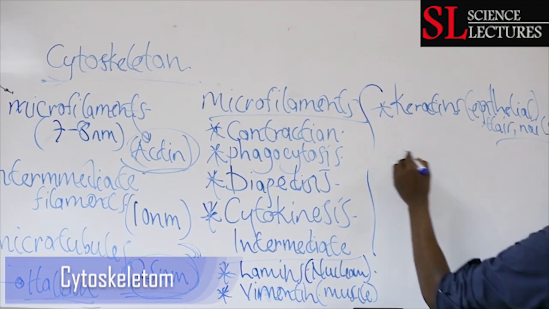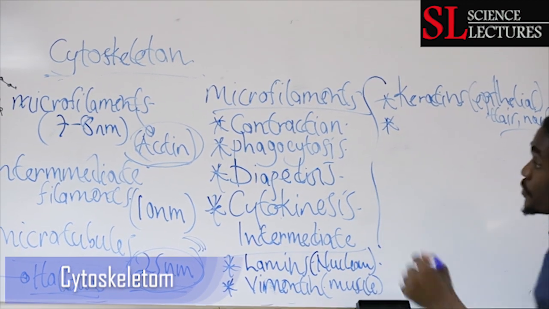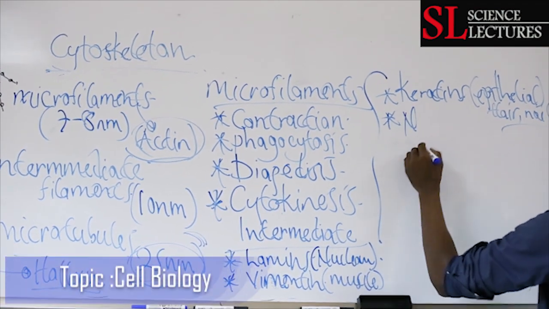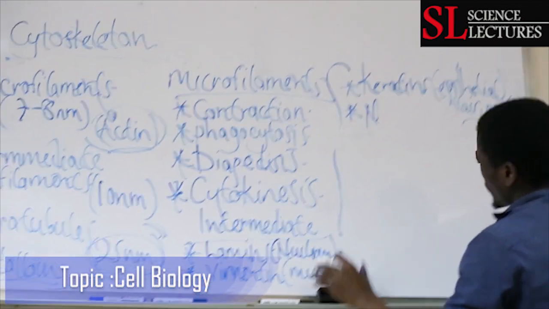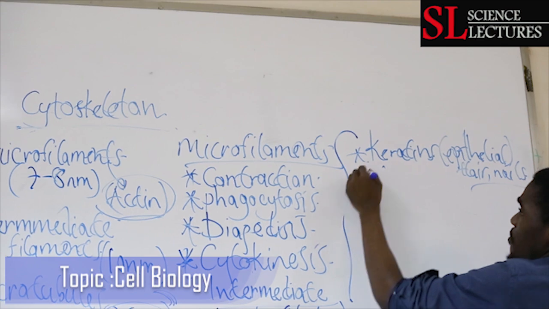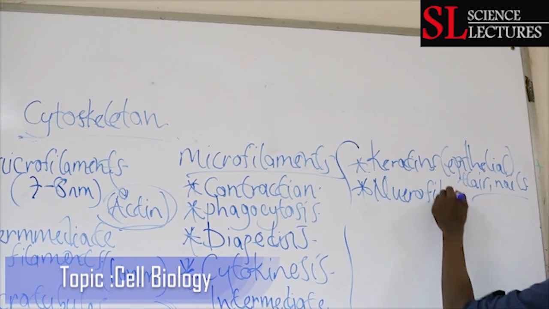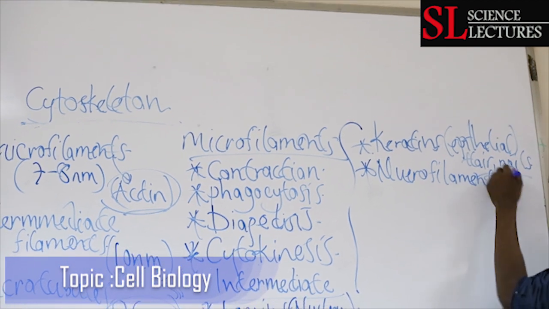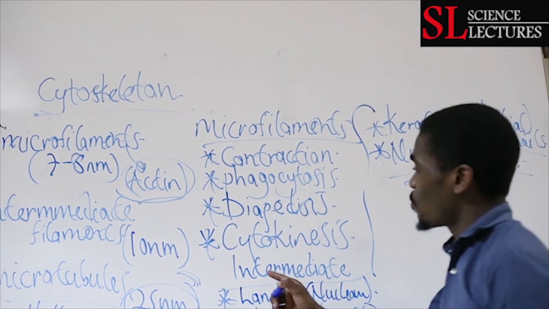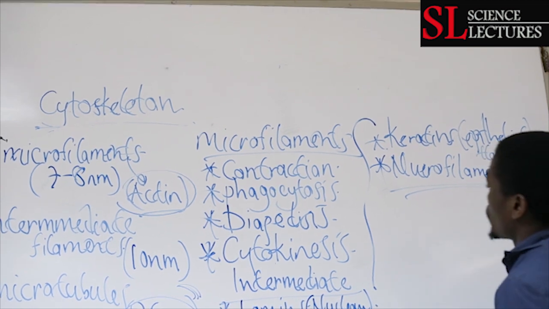Very important. Then we also have another intermediate filament that is found in the neurons. These ones are the neurofilaments. They are found in the neurons, stabilizing the neurons. But again, what we need to note about the intermediate filaments is that, to sum it all up, they